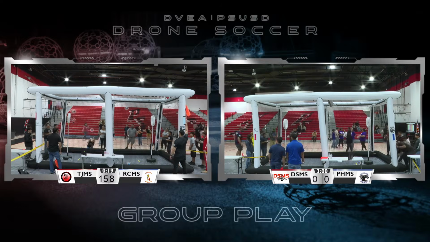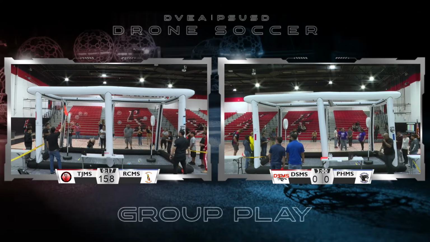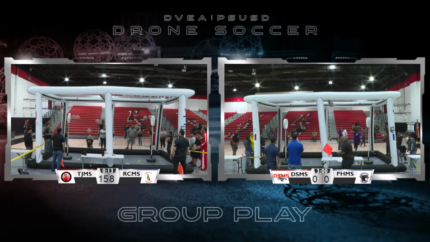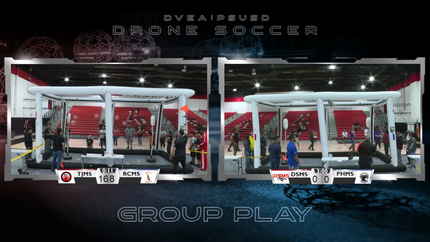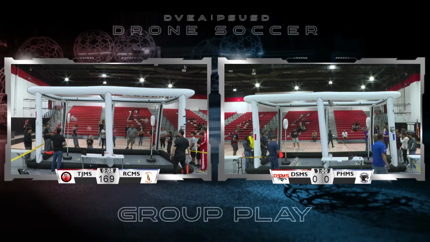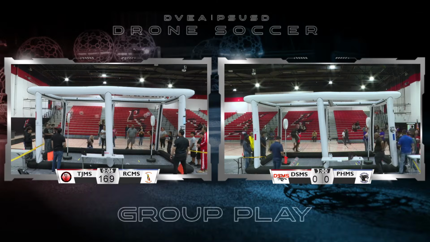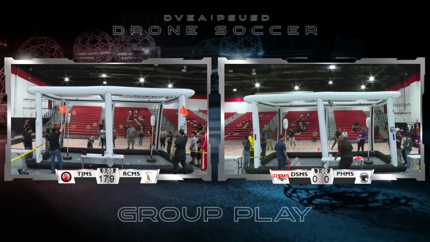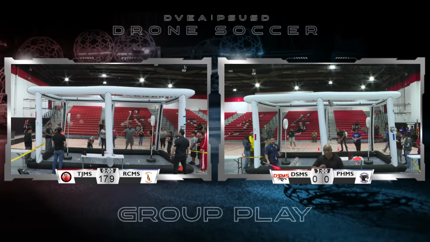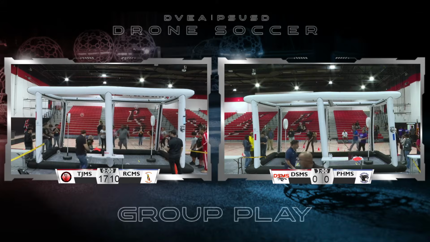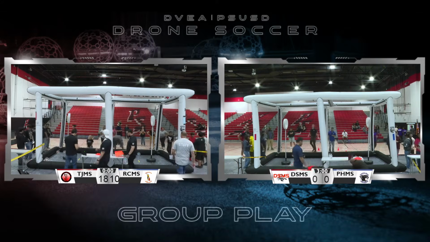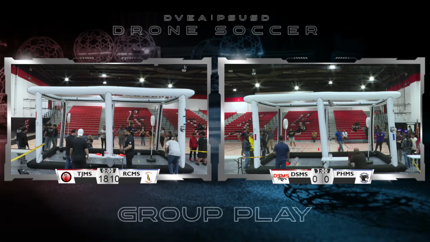A very tough squad. They're leading 15-8 against this brand new Raymond Cree Middle School squad. Raymond Cree Middle School has a couple of ladies on the team, which I love. This sport is 100% diverse in its ability to have players of different ages compete together, and all different walks of life. So it's a great sport to get us all together and increase that communication across the entire campus at these schools.